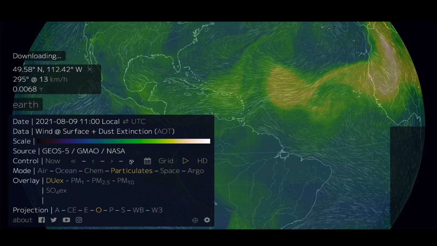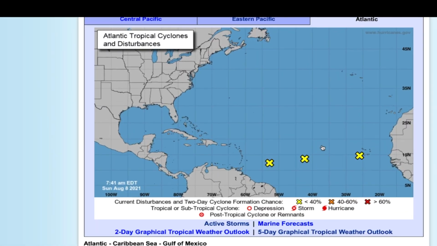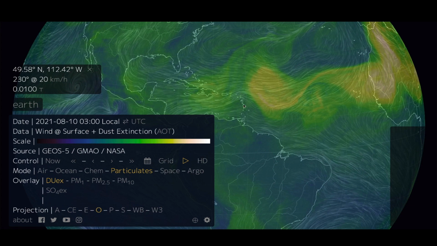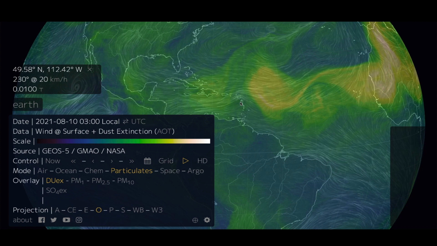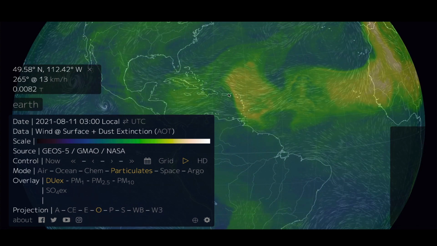And as we step this forward 8 hours at a time, you can see this cyclone back here, or at least the one that was trying to form, it's no longer there. I mean, the rotation is barely visible. You've got this one in the front. It's just now crossing the Lesser Antilles, and that one might have a chance to at least become a tropical